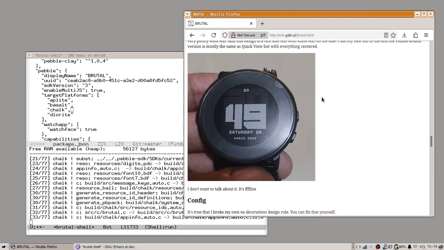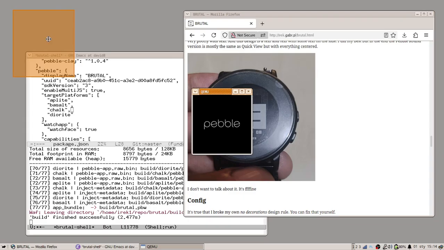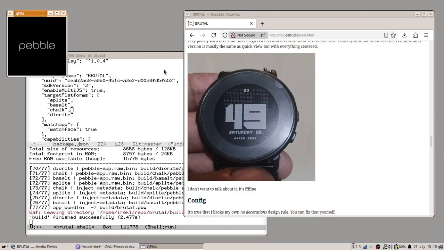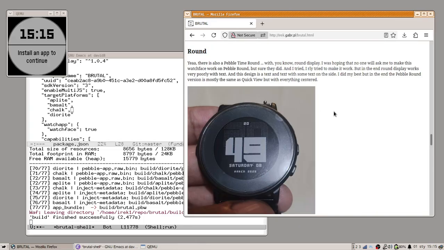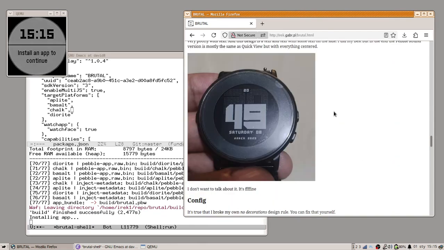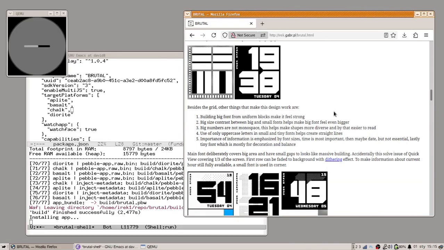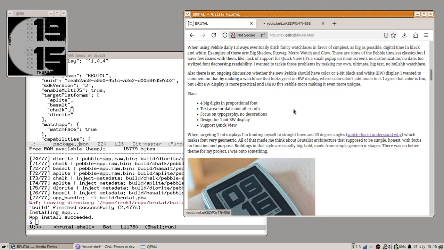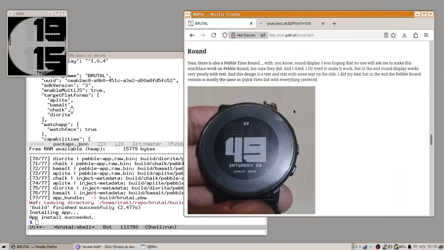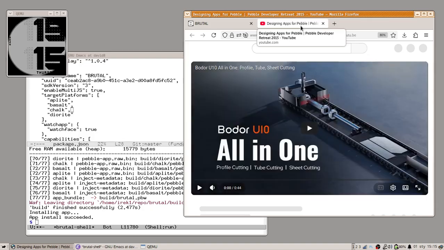I don't like supporting Pebble Round because watch faces I do are mostly about text and typography, and it's very well explained in a presentation. I have a link to it. Yep, this video, designing apps for Pebble. It's very well explained